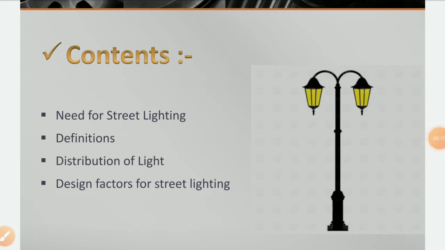Here, there is illumination for different purposes. One is for street lighting application, industrial lighting, and flood lighting. These are the main important applications of illumination engineering. In this session, we'll discuss street lighting and the types of lamps used for